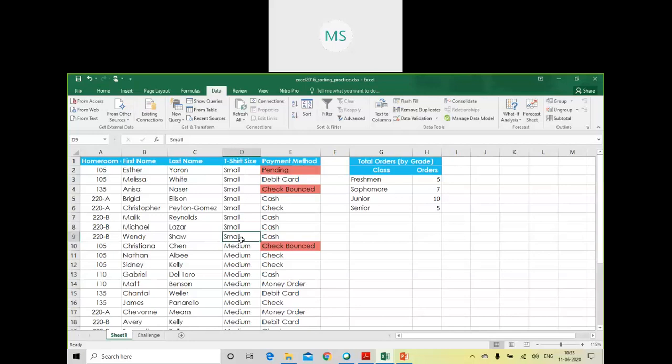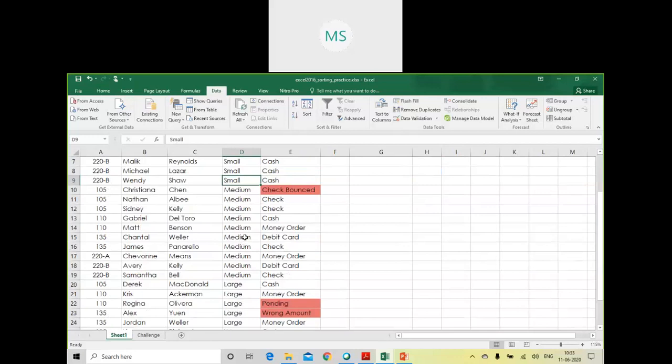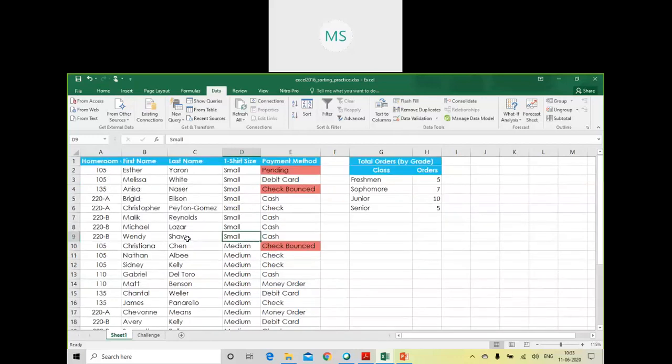If I want to know how many T-shirts are of small size, how many are medium, and how many are large and extra large, the subtotal option is handy. You can first make them a group and then perform the count operation.